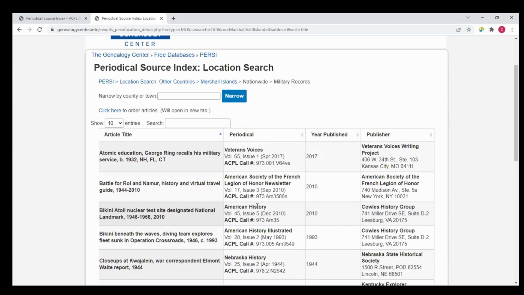So in your handout, toward the end, one of the last sections, is, okay, Curt, you've convinced me. I've searched PERSI and I've found some articles that I'm interested in looking at. There are 3 ways, at least 3, that you can find these articles. Number 1, I would just so strongly encourage you to contact the publisher.